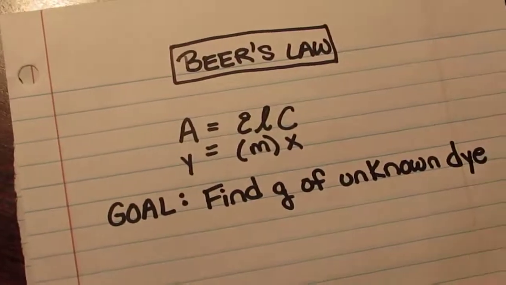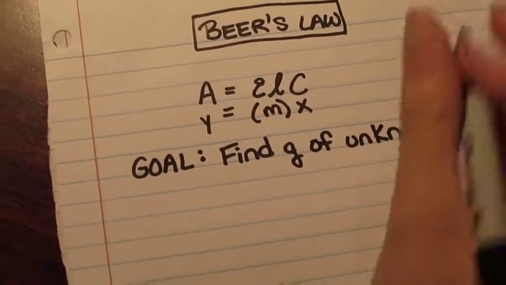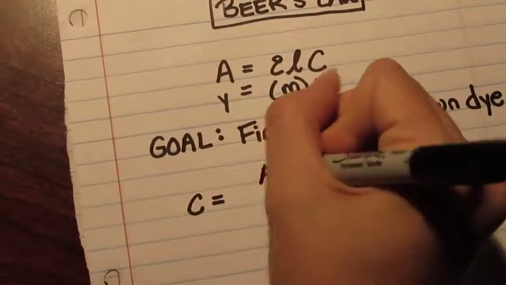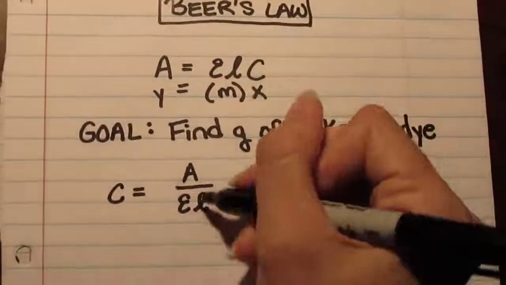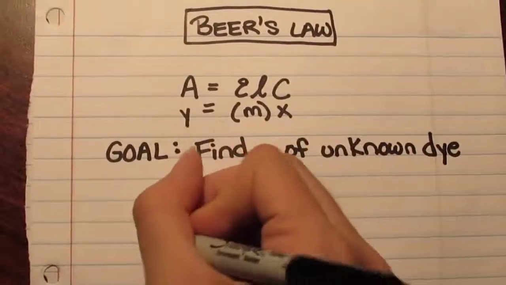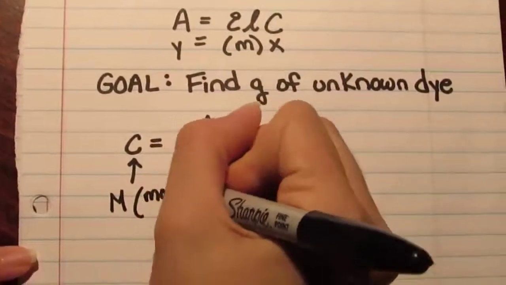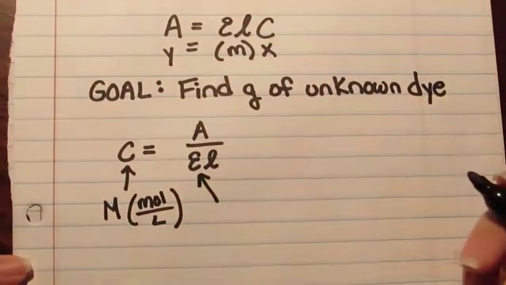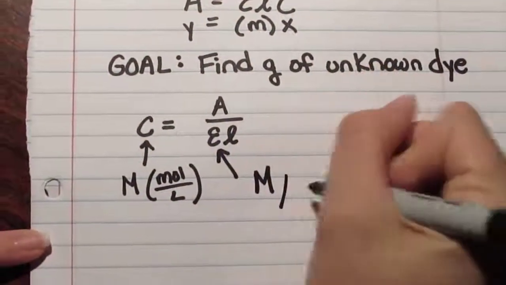So by using this Beer's Law, we can rearrange it as we did in class, and that was the concentration equaling to absorbance over epsilon times length. Each of these has certain units that we're expected to know. Concentration we know is molarity, which is moles per liter. We know that the epsilon value here, if you look back at the PowerPoints, is the moles per centimeter,